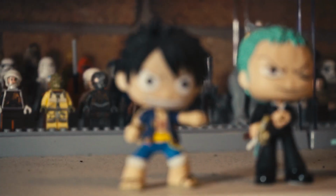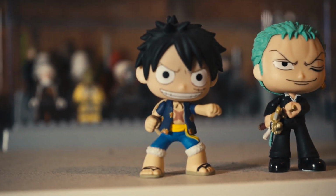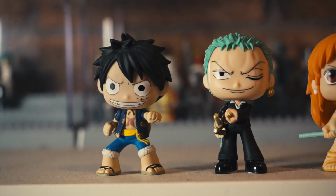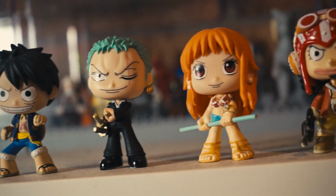These are another favorite of mine, because again, they're from Funko, not pop vinyls, but they're called Mystery Minis, and they feature the Dressrosa arc. So I was kind of late to the party with these, just because I like to watch an arc when it's completed rather than watching it week by week. And the Dressrosa arc went for like 3 years maybe, so I was a bit behind and I didn't really know. And once I watched it, obviously I wanted all these, and a lot of them weren't for sale as much. So